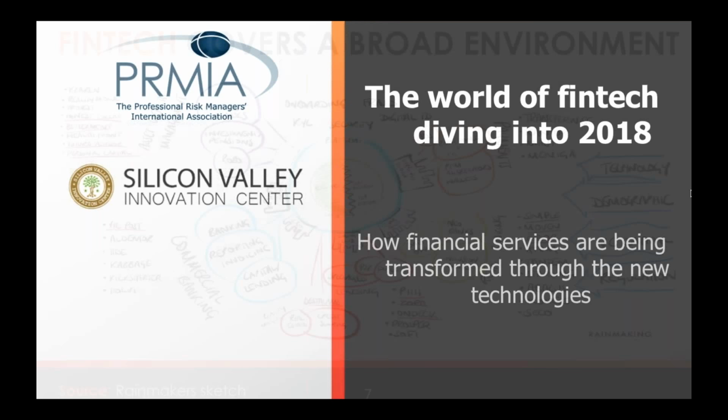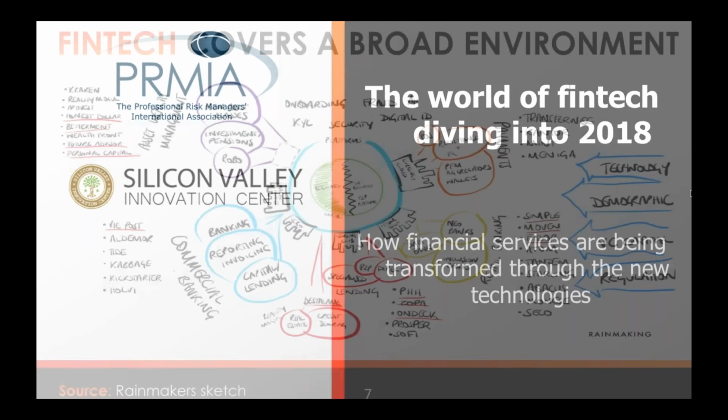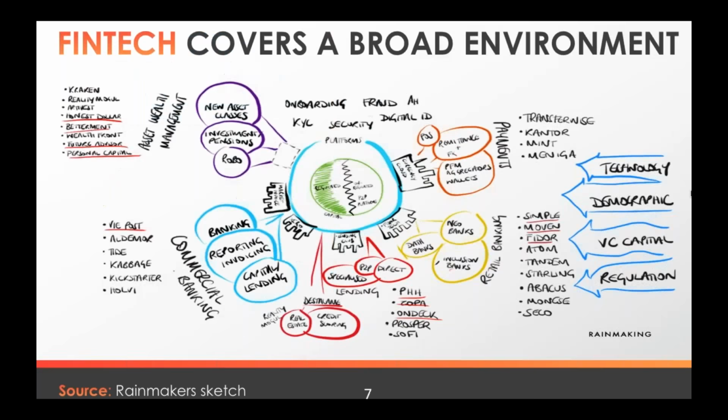Right now, you're seeing a slide that has quite a lot of chaos, I would call. And what I found is that in order to understand this chaos, you need to look at the big trends and the big categories that compose fintech in order to be able to follow it, to understand it, and to profit. I've written a book on fintech, which is on the market, and you could see a photo of it on the previous slide, which is basically about how we can get simple people to understand fintech quickly. And that is my objective.